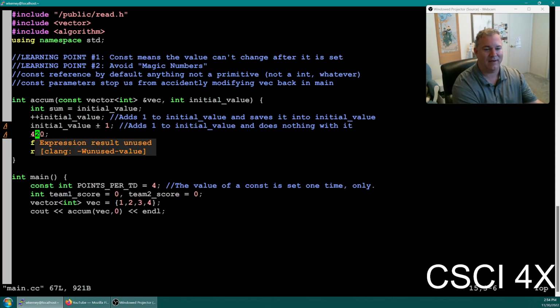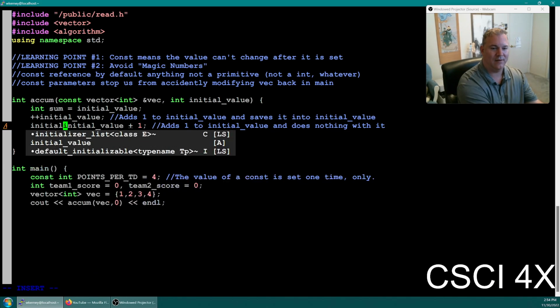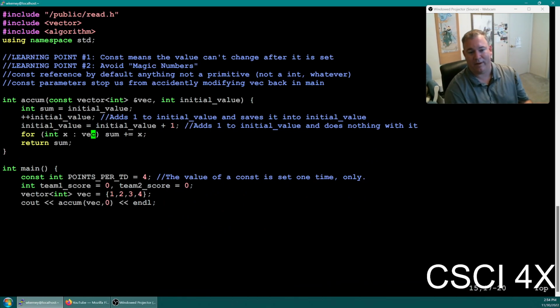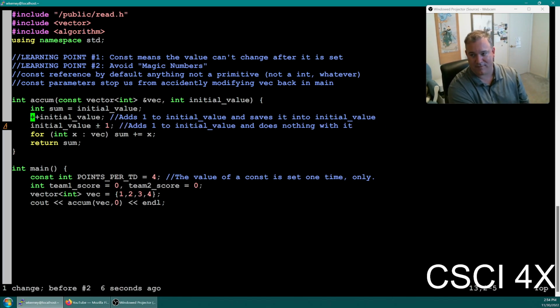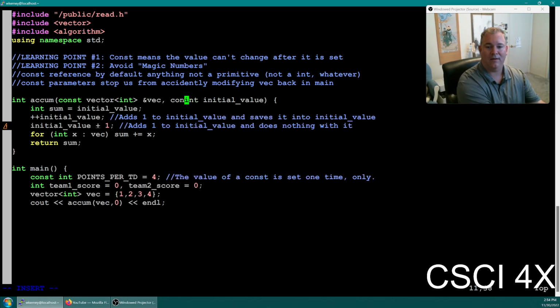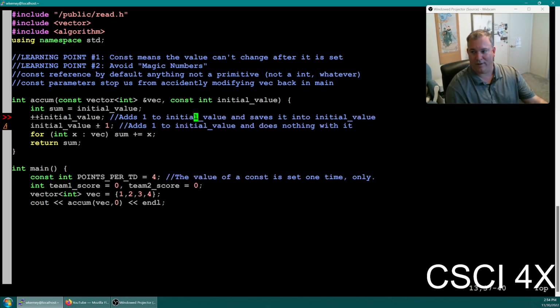So yeah, you would have to say initial value equals initial value plus 1. Now these are equivalent statements. But a lot of students think that these two things are the same, right? Because this one doesn't actually change the value of the variable, right? And so if you made this a constant, then it would catch